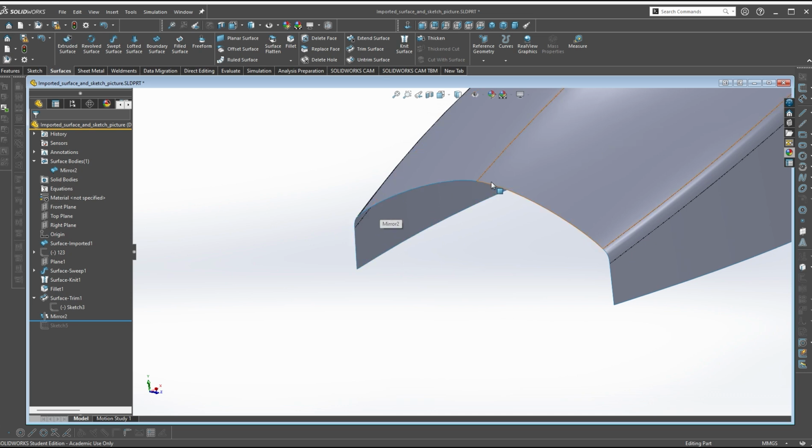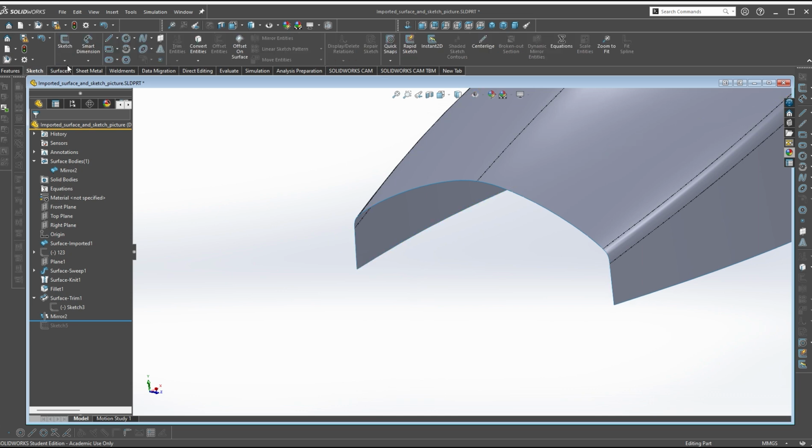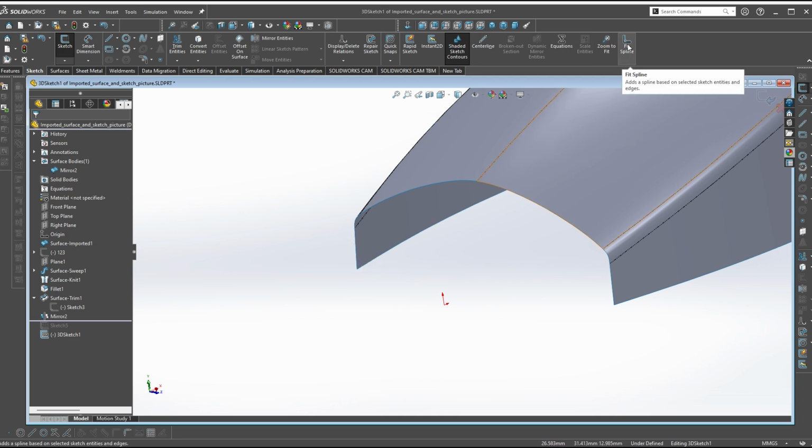We could create a plane if you want to go to the effort of creating a plane to do this with, but 3D sketch works just fine. So under sketch, you can hit this right here and go 3D sketch. I've got my custom toolbar here, but I can go straight to 3D sketch like this as well. Remember, you typically don't have to start in a plane, but in this case, we don't even need to select anything because we're going to fit a spline onto an edge. So if we click Fit Spline right here,